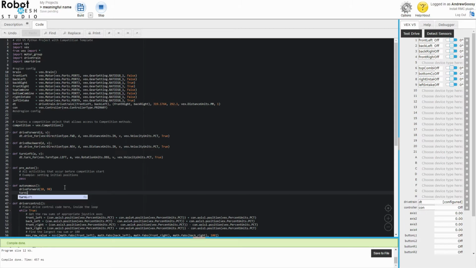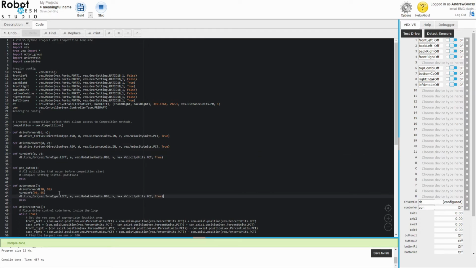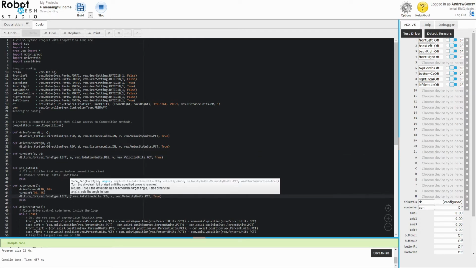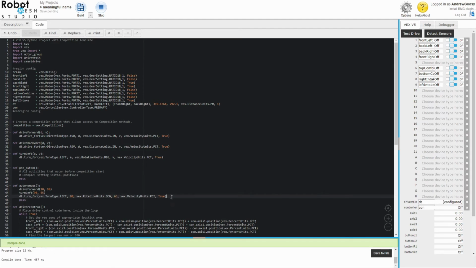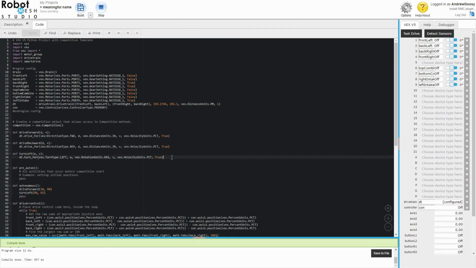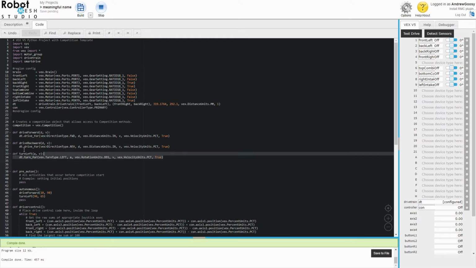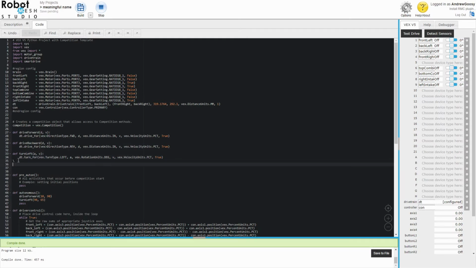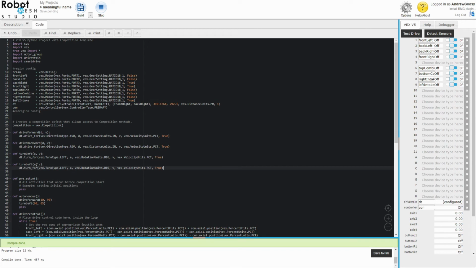So you go turn left. I want to do a 90-degree turn at 70 or 65 velocity. There. Instead of that, if I didn't have that definition, I would have to write this whole thing out at 65 velocity. That's no fun. Takes too much space. This is where definitions really come in handy